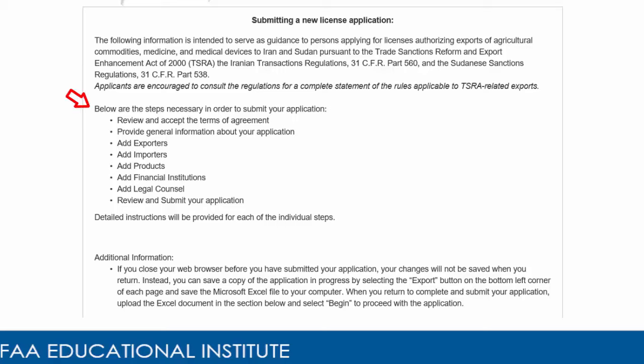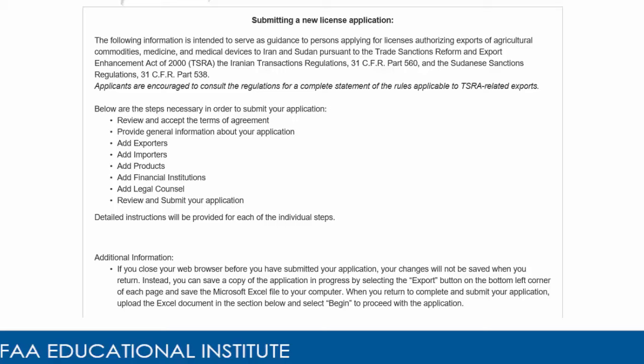Some additional steps necessary in order to submit the application: review and accept the terms of the agreement, provide general information, add information on exporters, products, financial institutions, etc. Within each step, detailed instructions are provided.